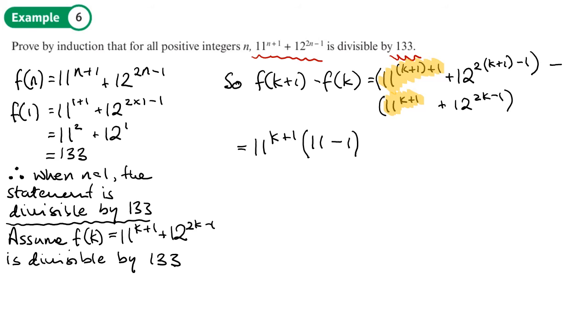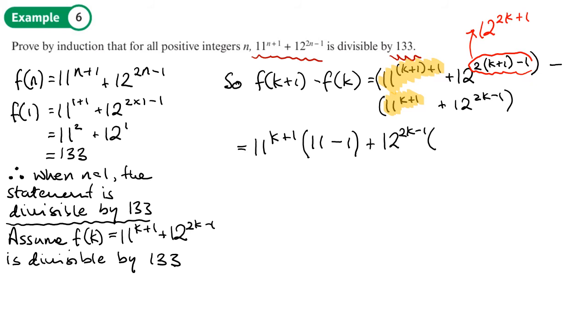Now I'm going to do the same thing in the second bracket, and I'm going to take out the lowest power as a factor, which is going to be 12 to the power 2k minus 1. Now for that to balance and work with this power here, which when we multiply it out will give us 12 to the power 2k plus 2 minus 1 plus 1,